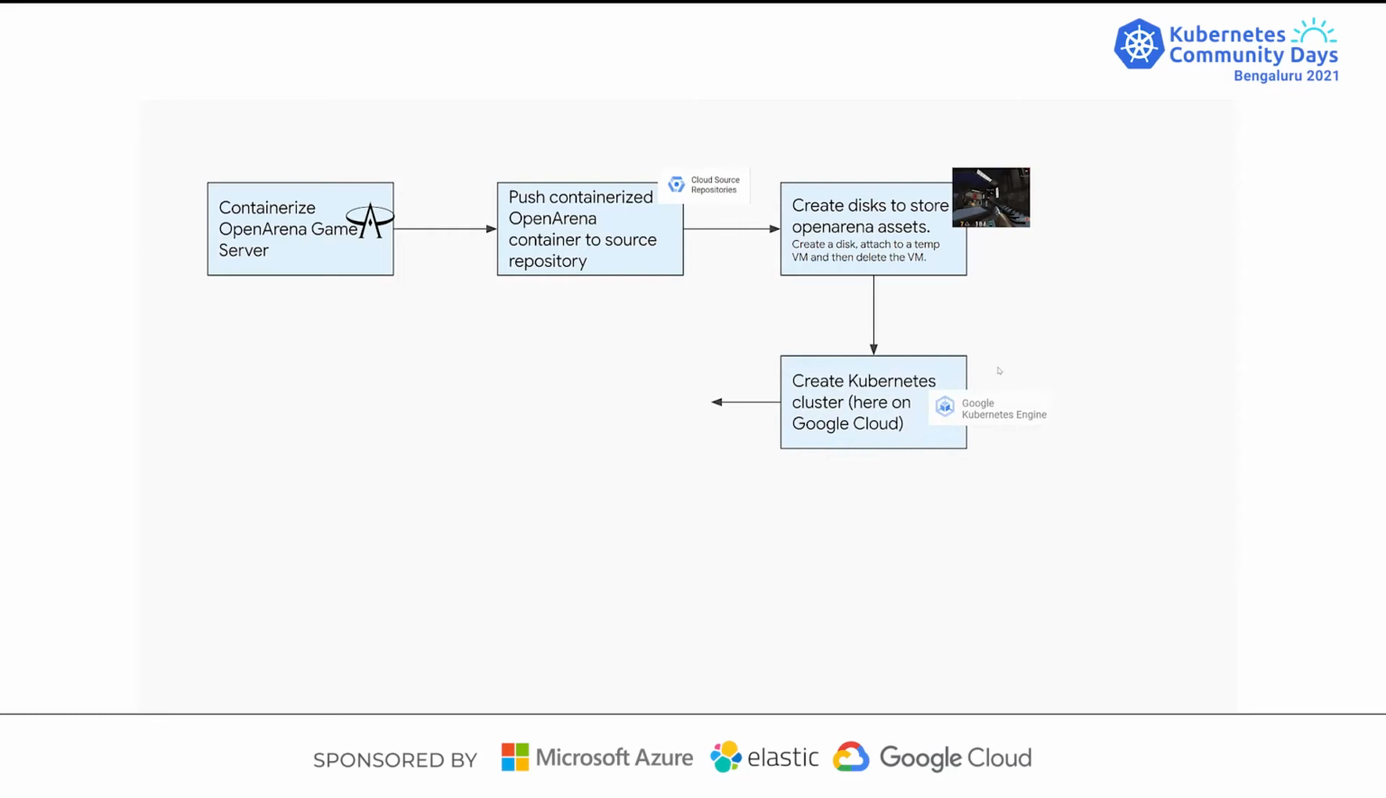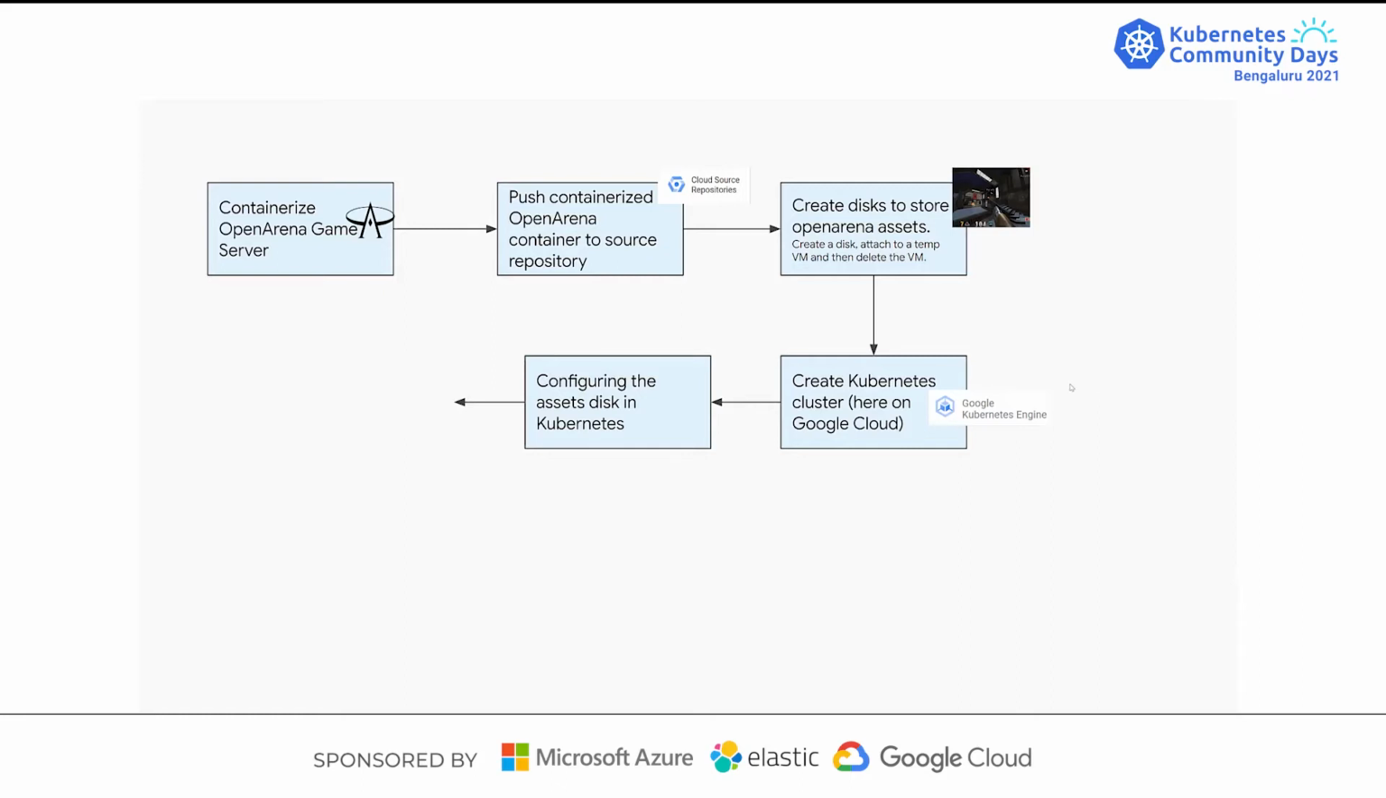Now, the next step would be creating a Kubernetes cluster on your choice of platform. Here I use Google Kubernetes Engine, but you can use the Kubernetes Engine of any cloud of your choice, or run it on your laptop. Once you have the Kubernetes cluster, you can configure the asset disks in Kubernetes, with a persistent volume claim,